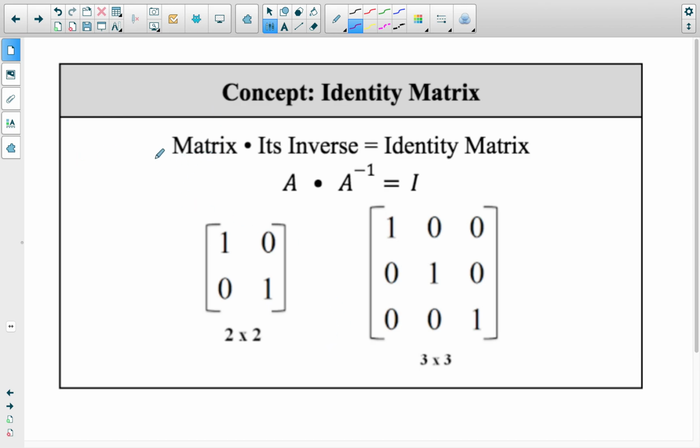So big picture, a matrix times its inverse will equal the identity matrix. The notation here is a little -1, kind of like an exponent. So matrix A times its inverse equals the identity matrix. And this uppercase I is what we use to denote the identity matrix. The identity matrix is an n by n matrix, so it's a square matrix, and